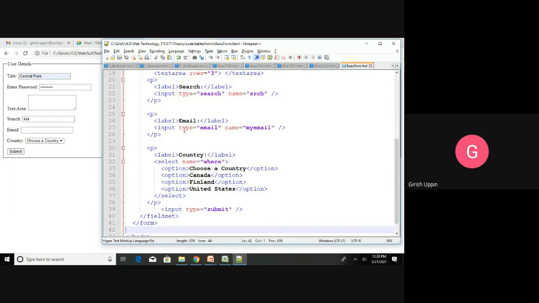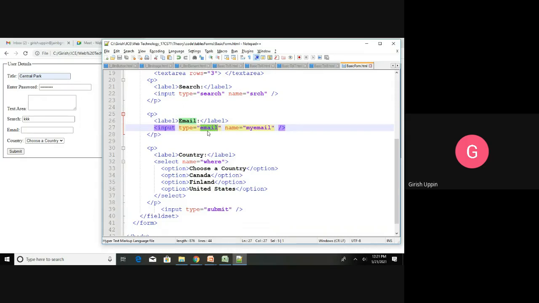There are around 30 plus input types. We can look into the standards given. There are a lot of types, and for the specific need of any type of data, we can use those controls. For example, if you want to get an email, you can use the input type as email.